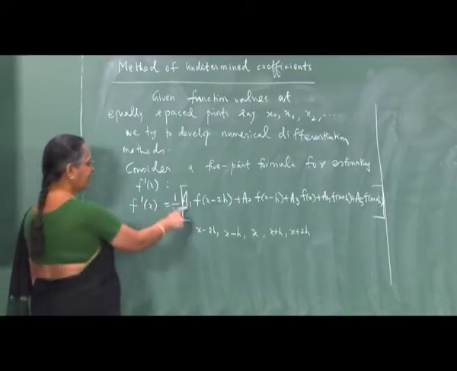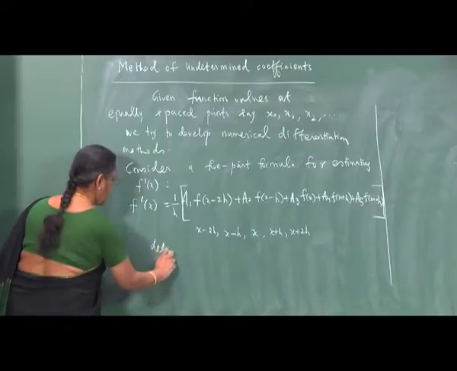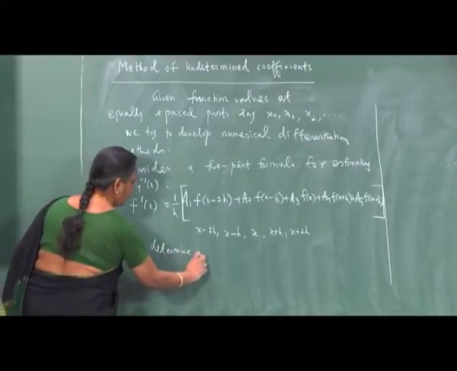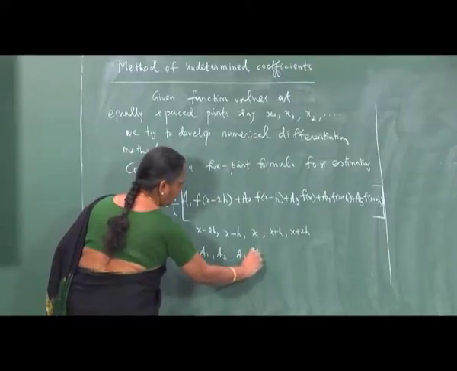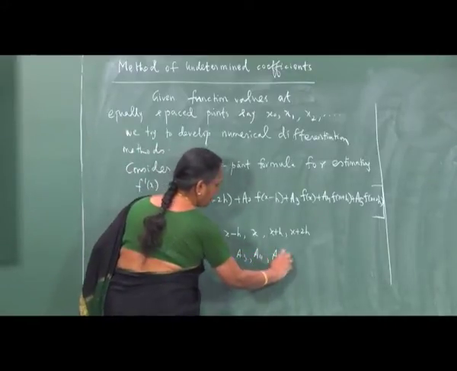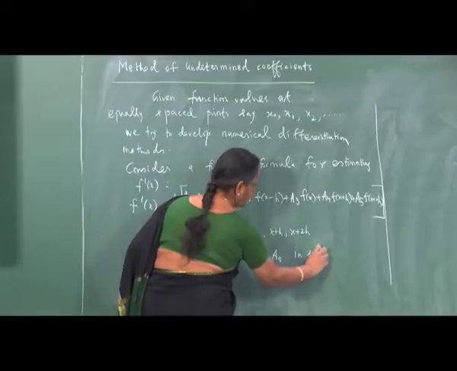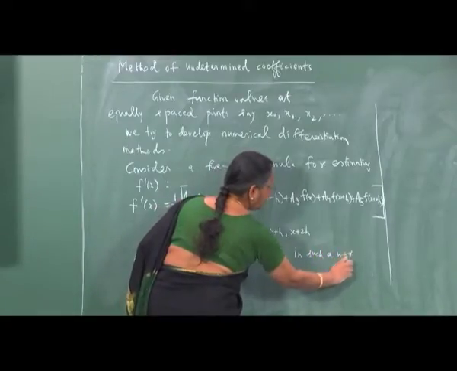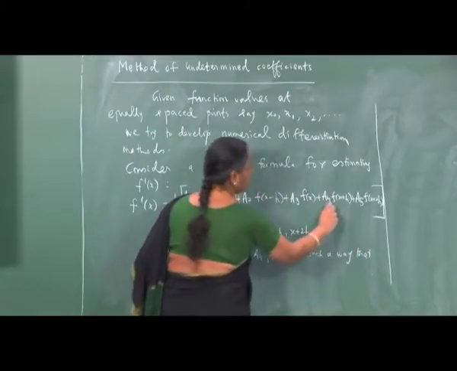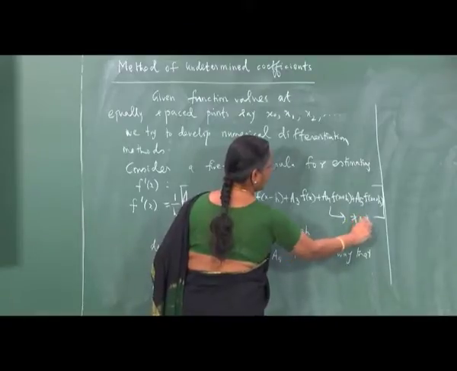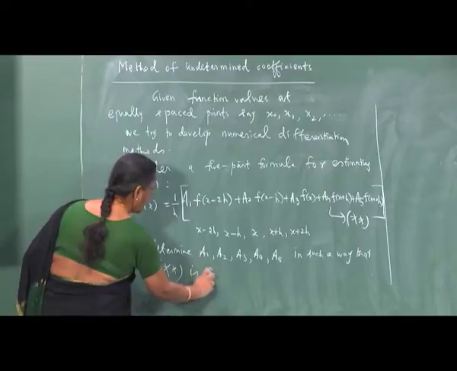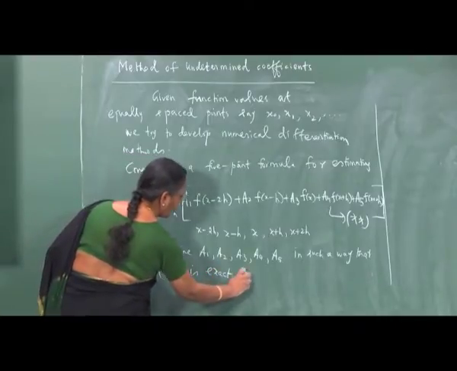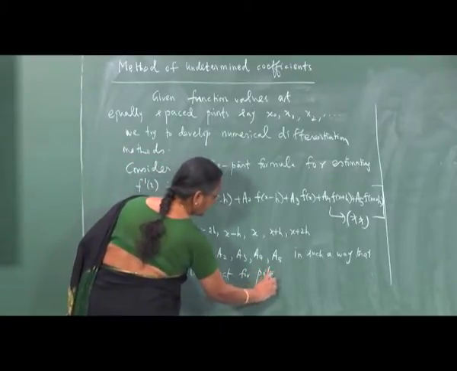I determine these constants a1, a2, a3, a4, a5 in such a way that this method, which I call double star, is exact for polynomials